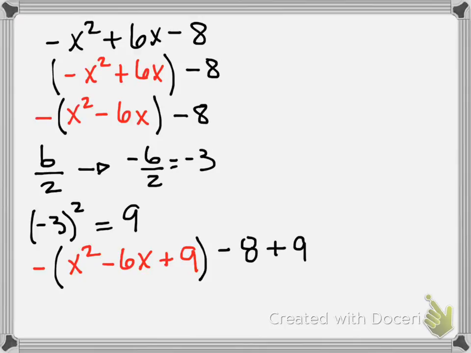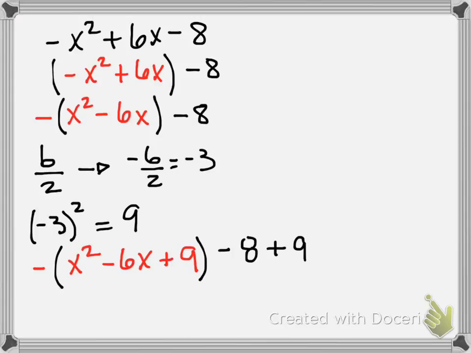Now, here's the thing. Outside, there is a -1. So this extra 9 I just put inside the parentheses becomes a -9. So I take away 9 by adding this 9 inside the parentheses, because the -1 outside multiplies the 9 inside. Since I add an extra -9, I have to add a +9, so that makes it 0. In that way, it keeps the expression the same. As a result,